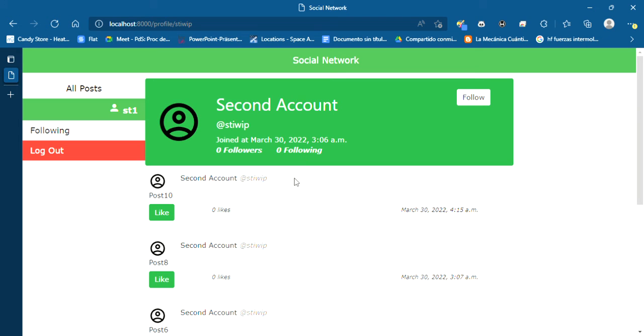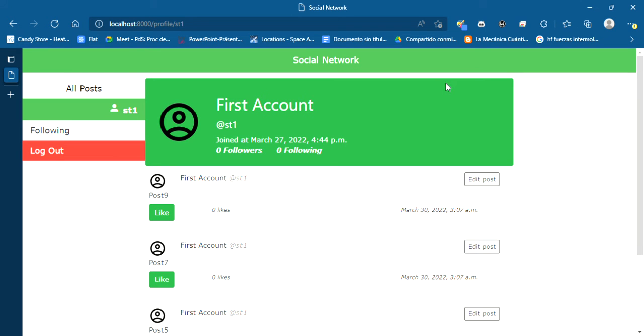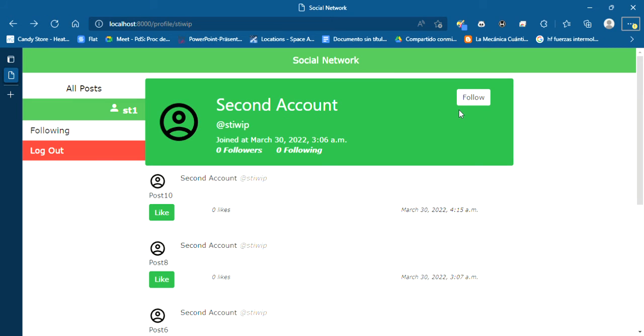As you can see, on my own profile, we go here. There isn't that follow button we saw earlier, but if we go back, here it is. And if I hit it, I can either follow them or unfollow them. So if I hit the button, I get that I am currently following them, and if I hit it again, I am unfollowing them. And you can see that it updates the number of followers,